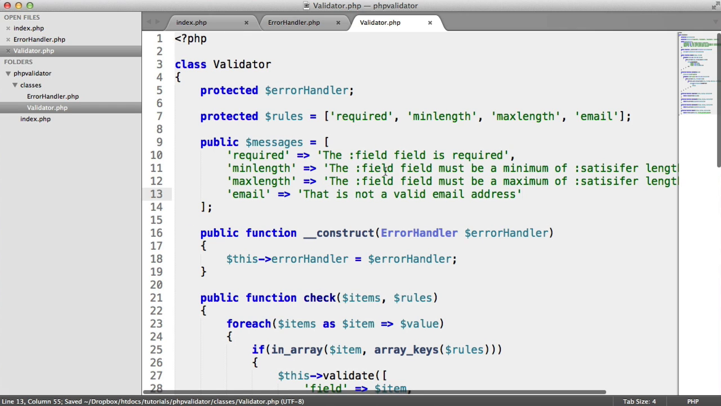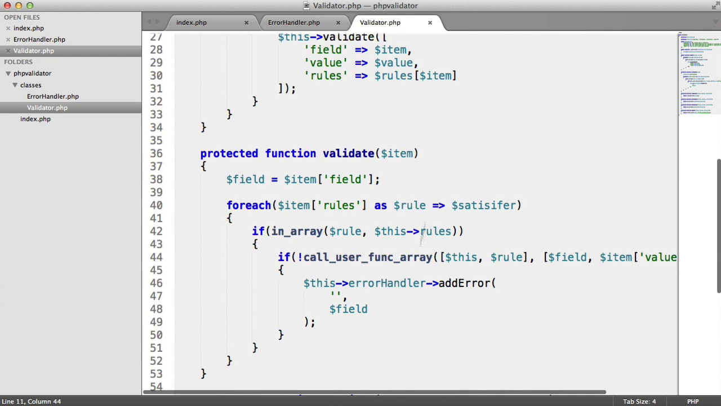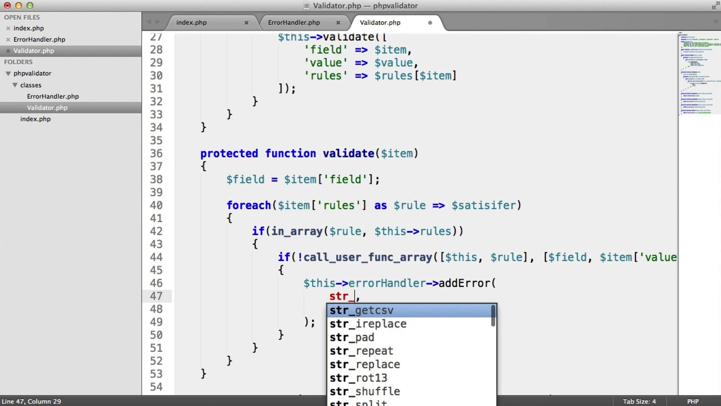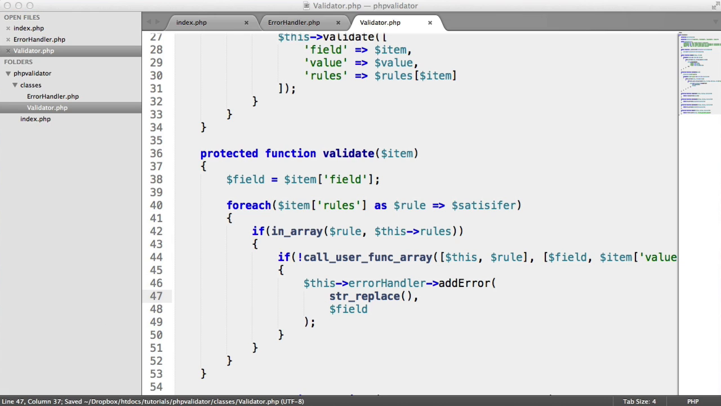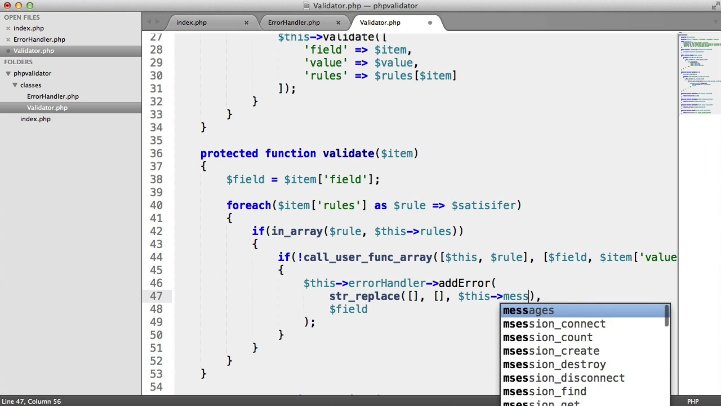Okay, so we've got these messages here, but how are we going to grab these values and replace in these placeholders? Well, that's fairly straightforward. We're going to use str replace. Now, str replace takes a needle, which is what you're looking for. It takes a haystack, which is what you are looking for in, and it takes a replacement, and a where you're replacing, basically. So for this, what we're doing is we're passing in arrays rather than single values, and we're looking within this messages